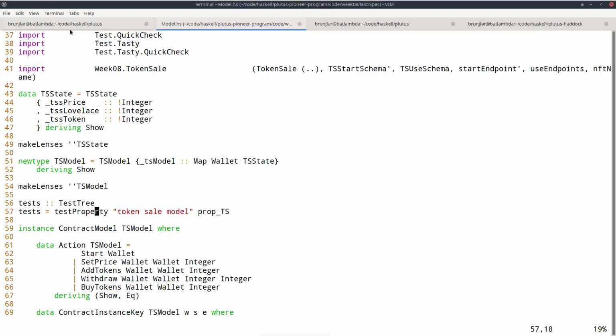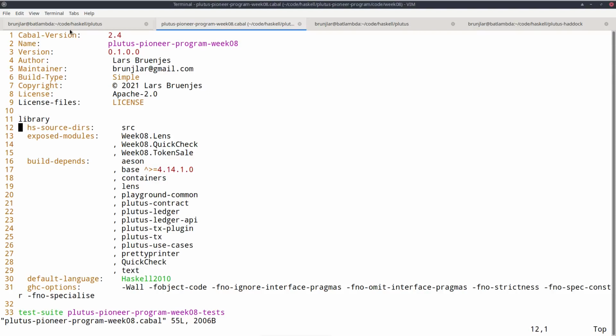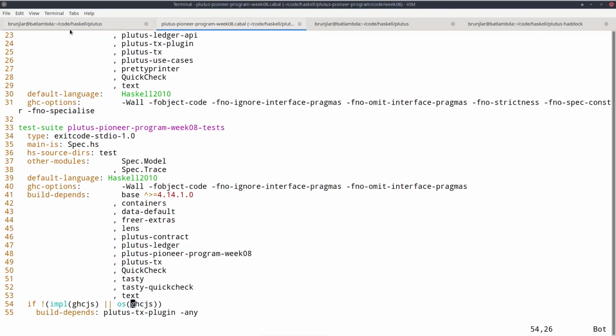Actually, how this is now set up, if we look at the Cabal file, so we have the library with the three models we saw, the token sale and the QuickCheck and the lens examples. And I provided an additional stanza in the Cabal file that's now not library and not executable, what we have seen before, but a test suite.